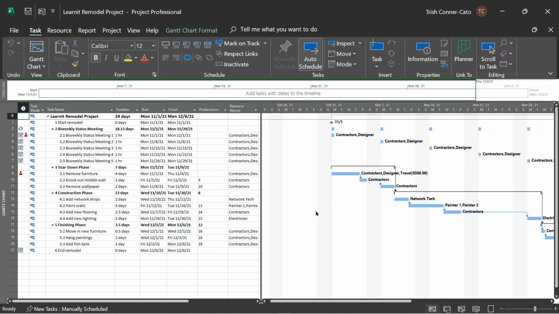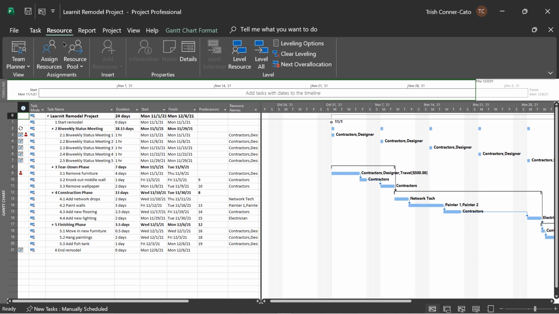And we're going to let Project fix this issue for us. If Project fixes it and we're not happy with its results, we can undo what Project does and then manually fix it. You would want to use manual fixing as a last resort. So what we're going to do is go to the Resource tab on the ribbon,